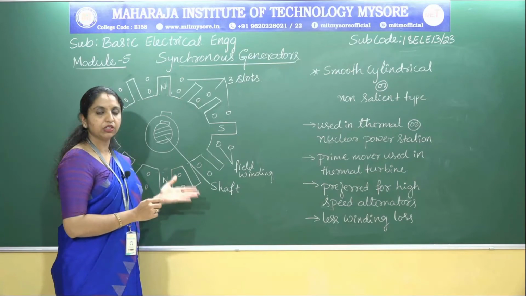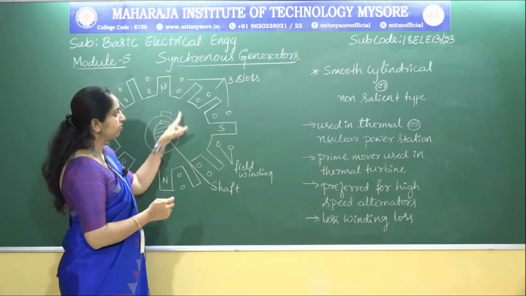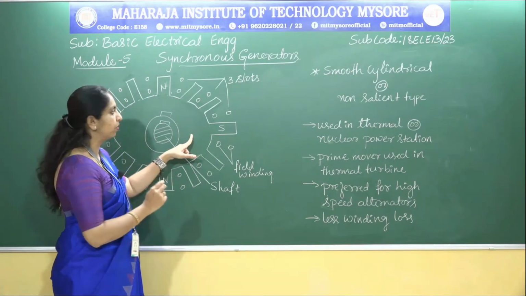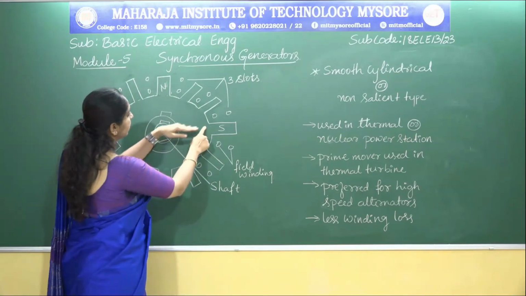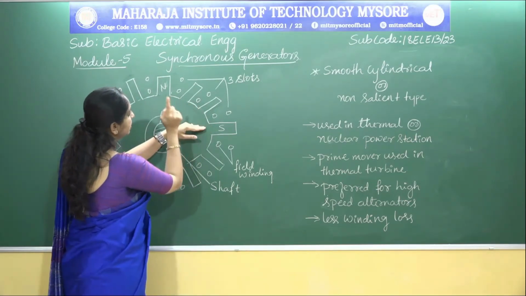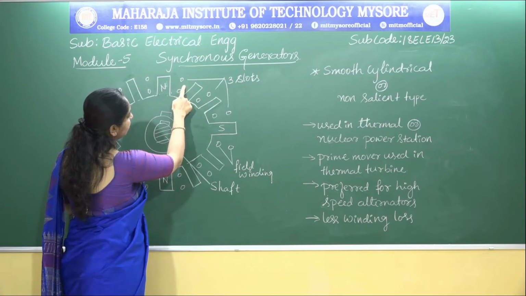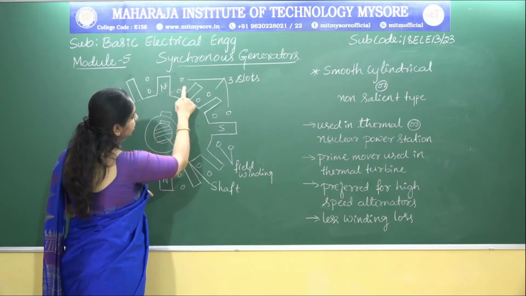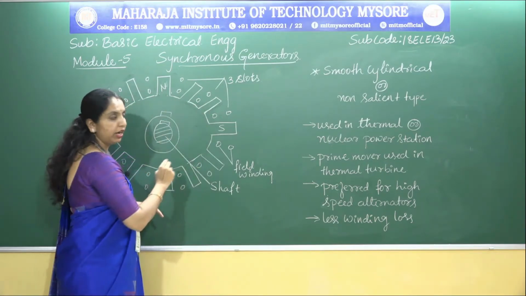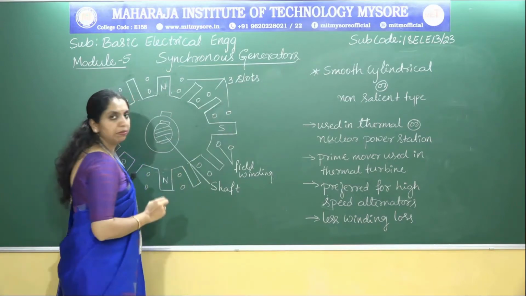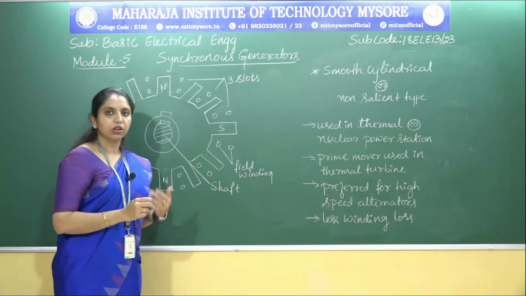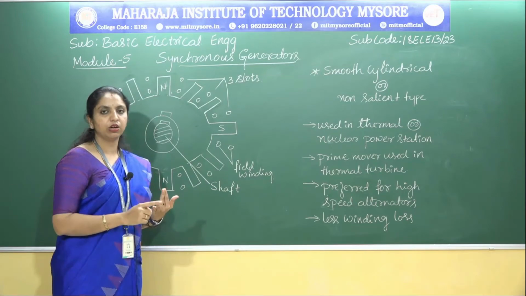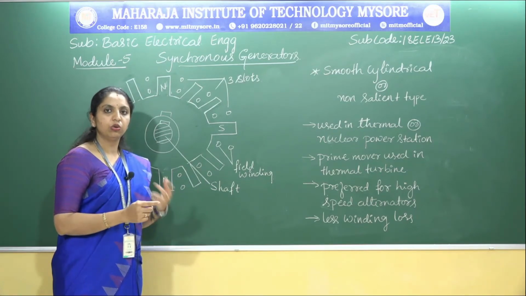As you can see in this figure, there are 4 poles and there are 3 slots per pole. If I consider only this particular pole, that is per pole, you can see 3 slots over here. So this is 1 slot, right? So 1, 2, 3. So there are 3 slots per pole, and there are 2 conductors per slot. So remember, there are 4 poles and there are 3 slots per pole, and there are 2